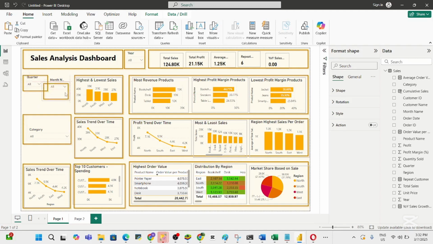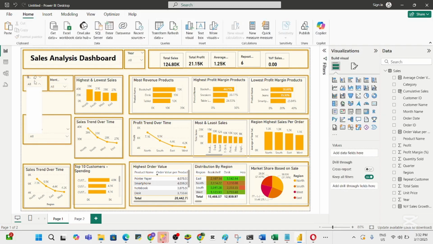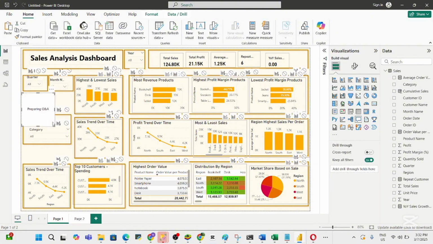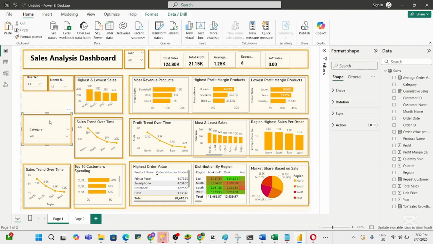We need our final work to be really good, very good, and I need to send it backward. Send to the back, so that in the front one I have this, and also for category. Sorry, we need to delete that one. Copy. Okay, for this one,